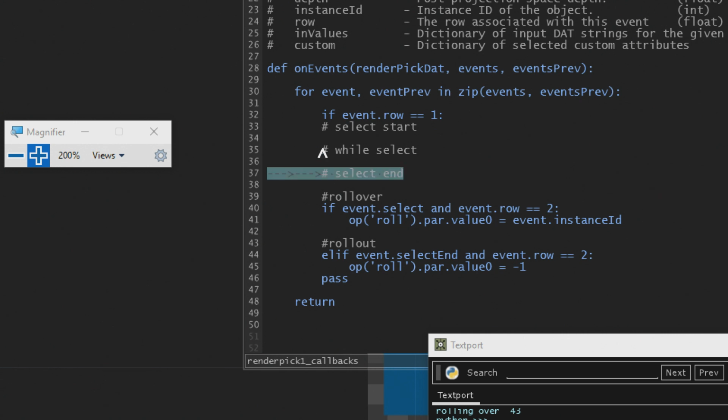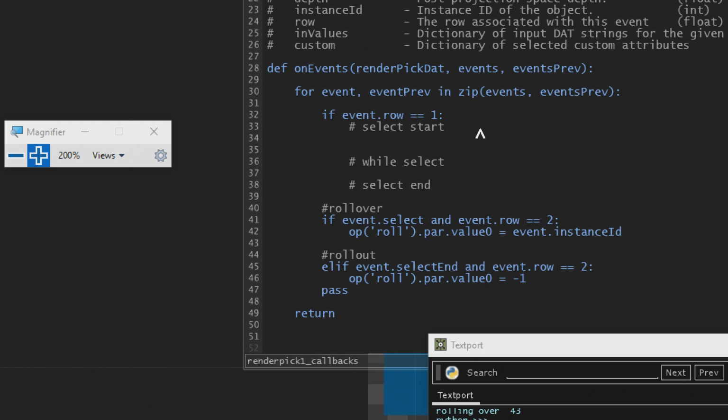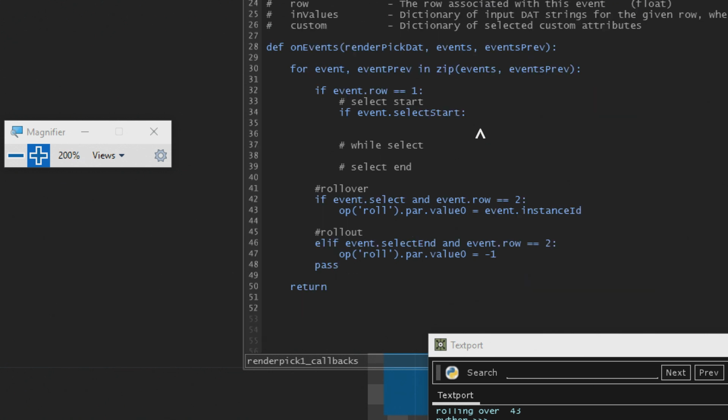Then if event.select start, and elif event.select.